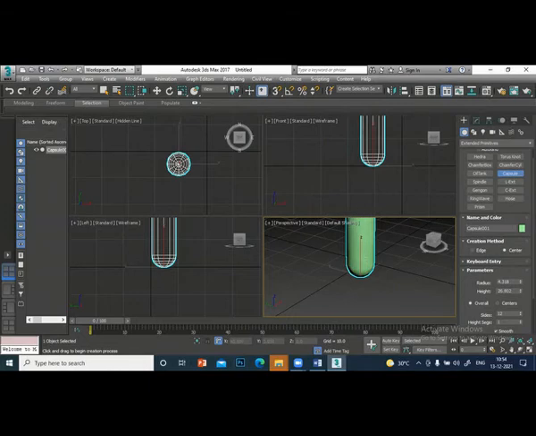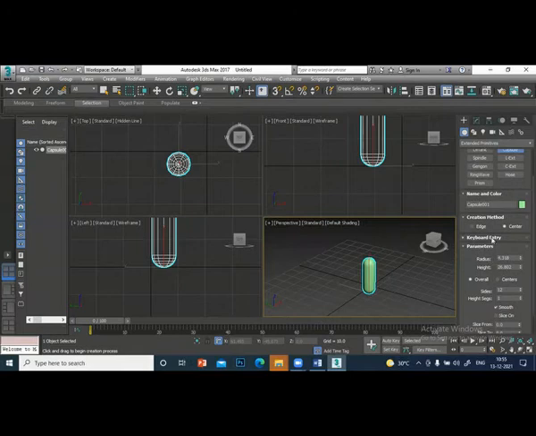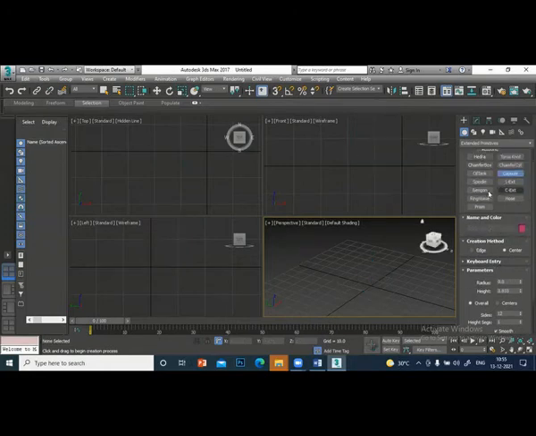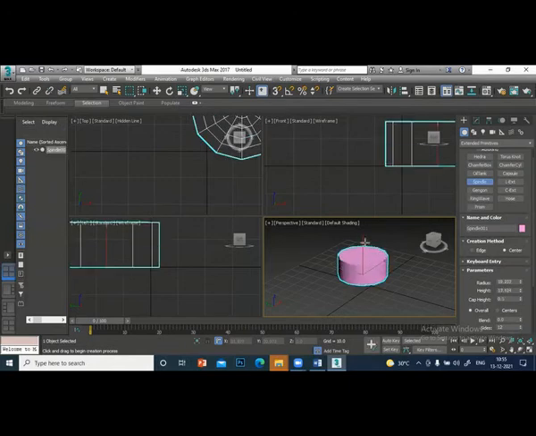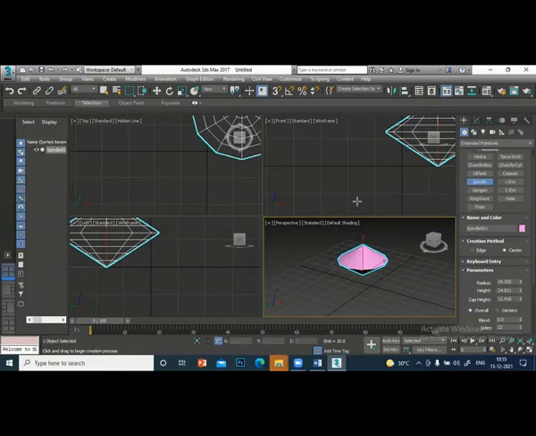You can create, and you can change again the values. You can create based on the center or the overall. Okay, and we can use the keyboard entry whenever we want to create something exactly at the center point. So we have seen capsule, spindle. You can see just like a small spindle, you can create an object. All this object you can create and modify it later. Okay, again you can change the parameters.